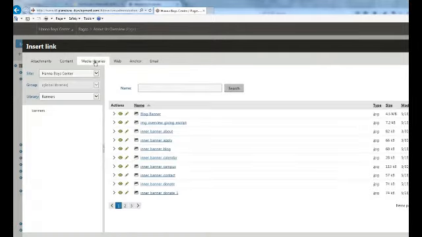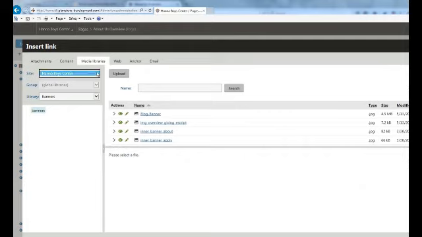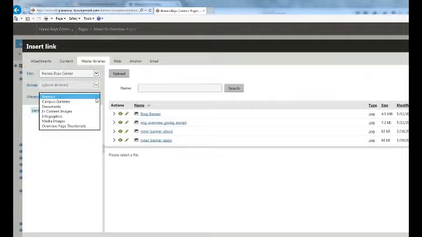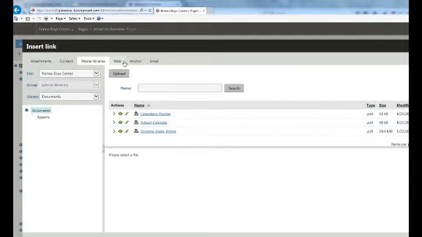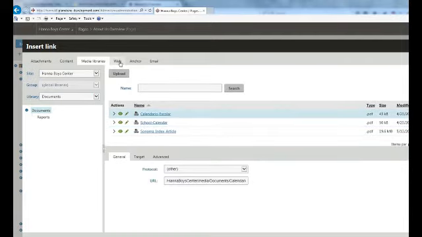My other options here are if I want to do something in the media library, which is where I like to do most of my stuff. What you see here is that for this particular site, I have all those different media directories because I have lots of different folders or else I can't find anything. In all likelihood, if you're doing a link, you're probably not linking to an image, you're probably linking to a document. So in my documents folder there's that. I would click on the one that I want and then